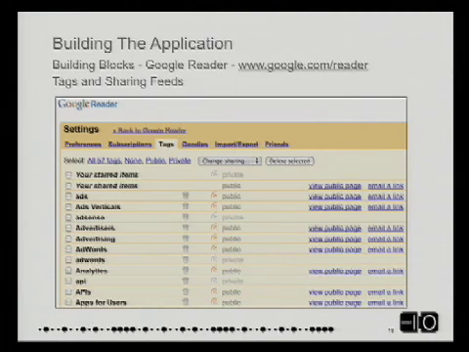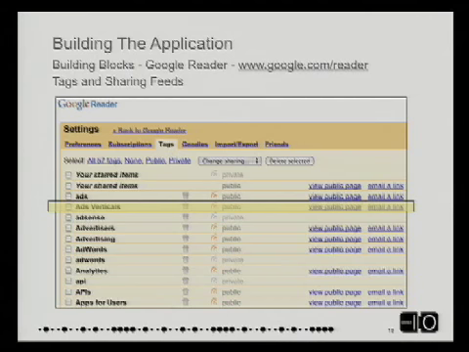When you go into the settings and the management of the system, and you're looking under tags, and I want to switch to, let's say, adds verticals, the neat part about that is that as you're looking at that tag, you have the ability to change the setting and make the feed public, so it's not private, which is required for the AJAX Feed API. It has to be something that Google servers can see. And then if you notice, it has a view public page, and it has an email link, so you can actually share things. But the view public page and the public setting is what we cared about.